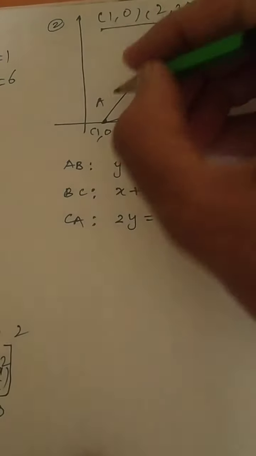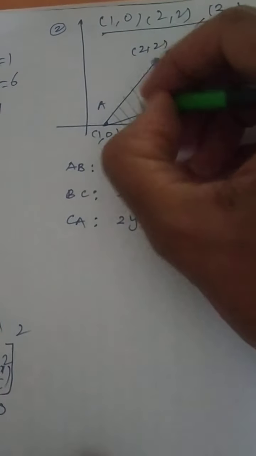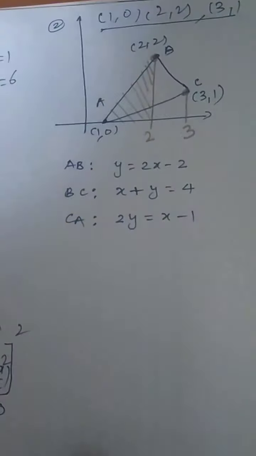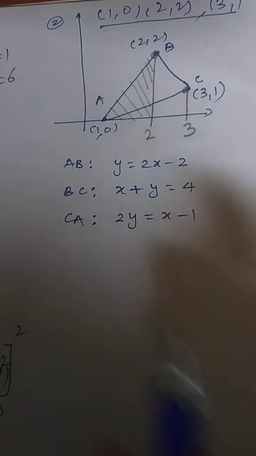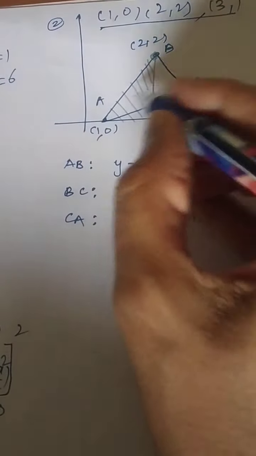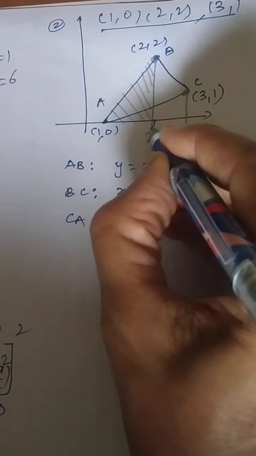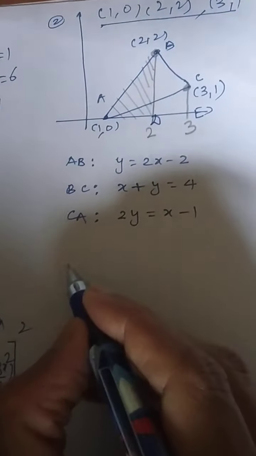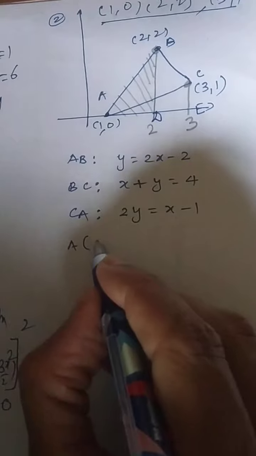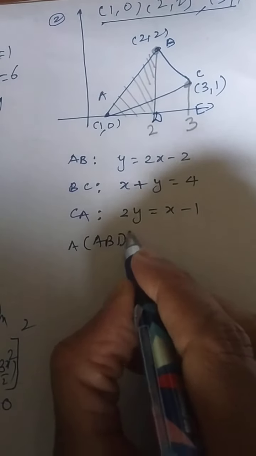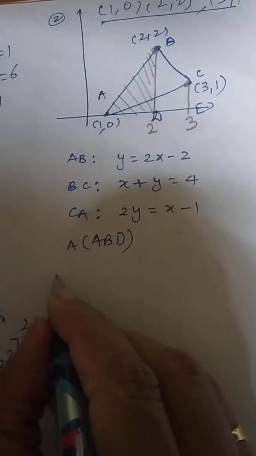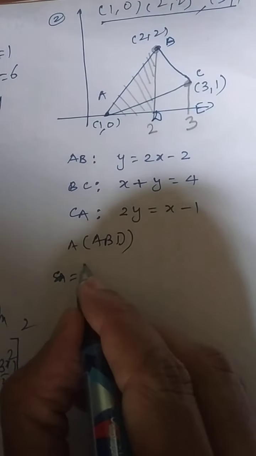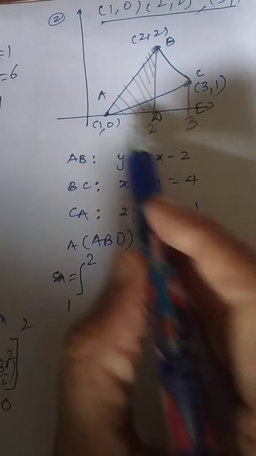Okay. Now suppose I want to get this area. You don't worry about what I am doing. I am talking about this area A, B, C. Here it is D, and this is the point E. Now first I am trying to get the ABD area. How to get the ABD area? From where to where should I integrate? From 1 to 2.